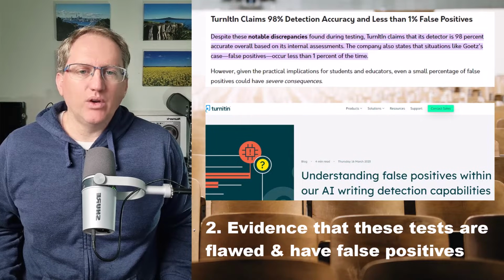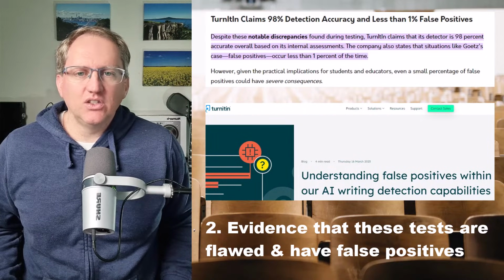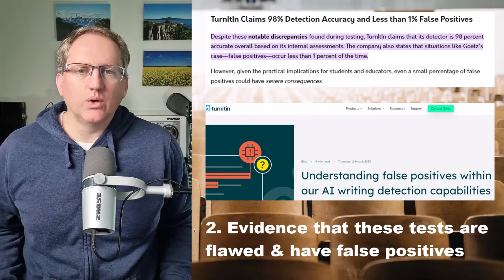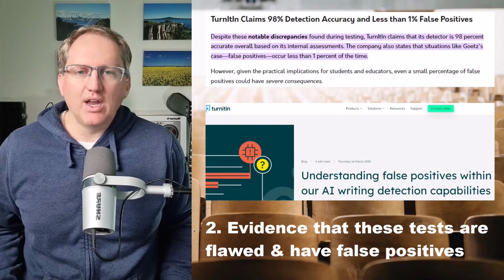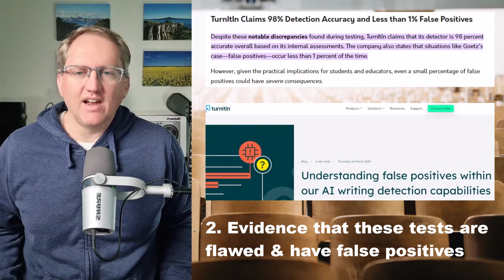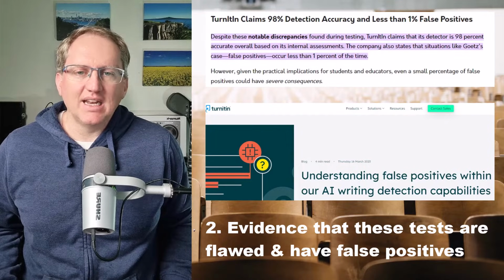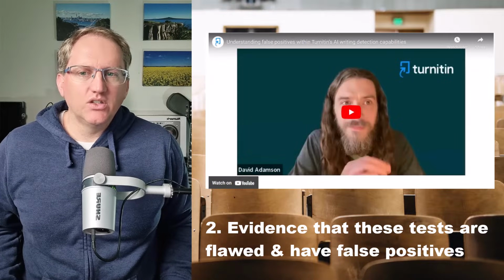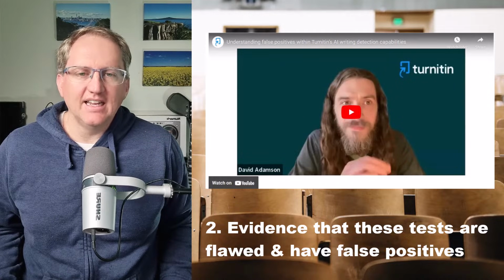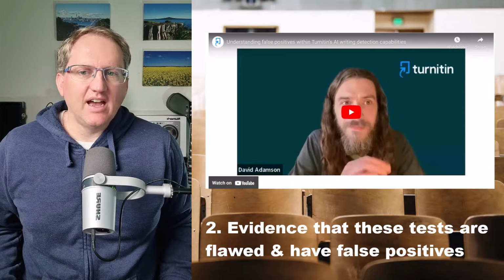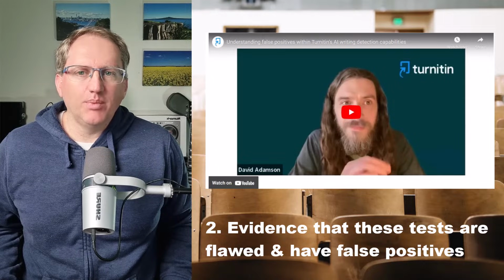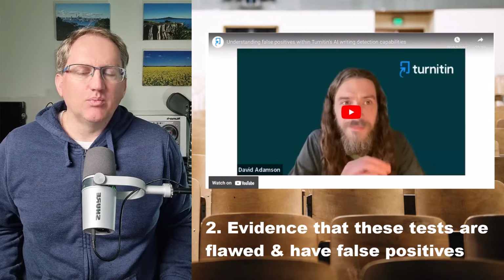I have seen some work saying that international students, or students who don't speak English as their native language, are more likely to be flagged as well, just because of their writing style and structure. The use of things like Grammarly seems to also have an impact. Turnitin themselves have put a post on their blog addressing, albeit vaguely, the issue of false positives. So they are very readily admitting that they will have false positives in their tool. It is by no means foolproof, and academics should not be assuming that just because it says something is AI generated, that is actually the case, and they should proceed accordingly.